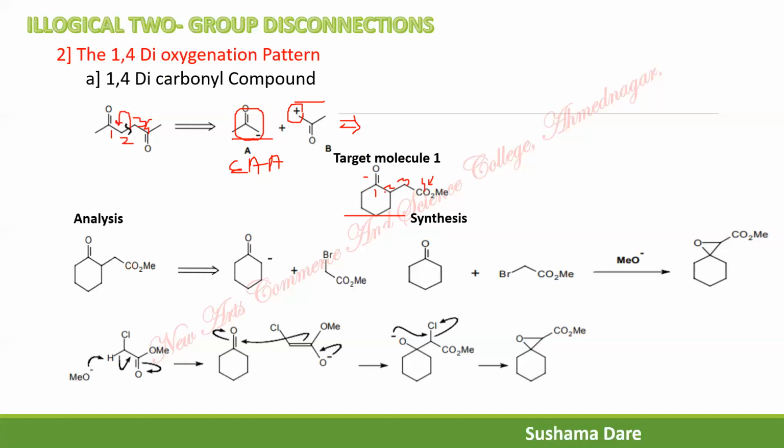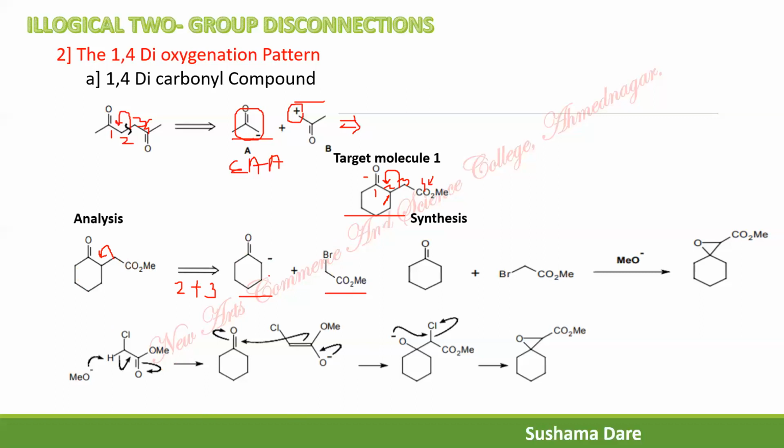Now which is more substituted carbon? Number 2 is more substituted. Therefore disconnect the bond in the direction of 2. So this is the best disconnection. That bond has to be disconnected in the direction of 2. That is a 2-3 disconnection. After disconnection of 2-3, the negative synthon is this, and the positive synthon, there you just place the leaving group. So the positive synthon is this.